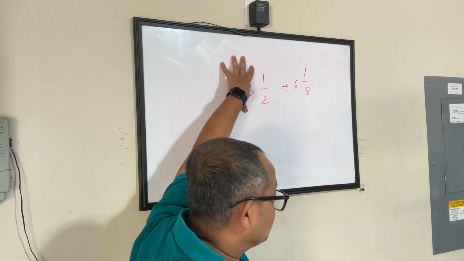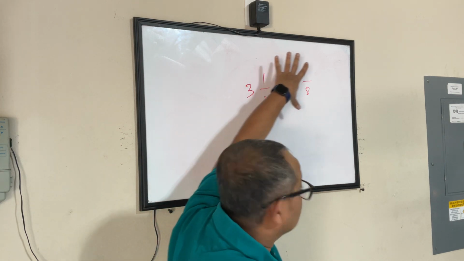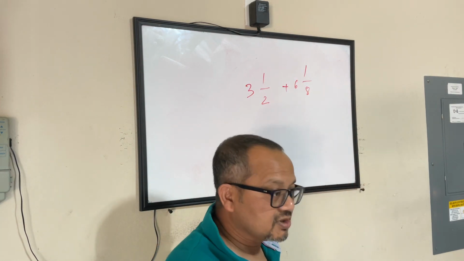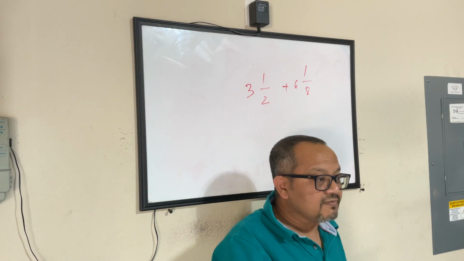Okay, here, these were the two mixed numbers I was given and I have to multiply this with this mixed number. So whenever I have to deal with mixed numbers,